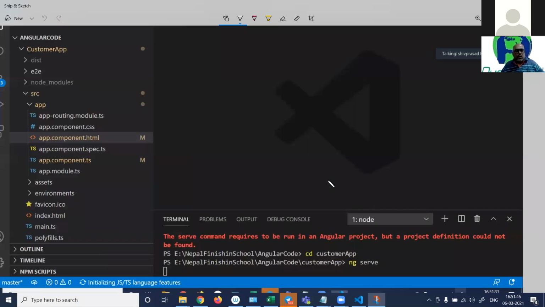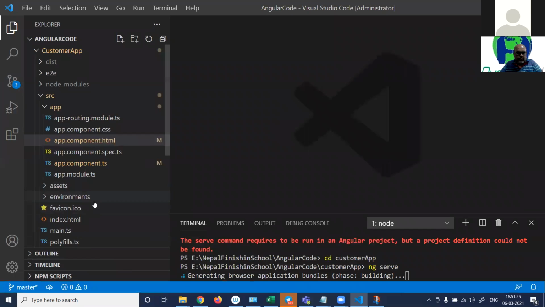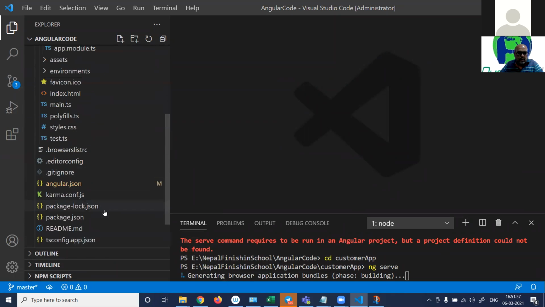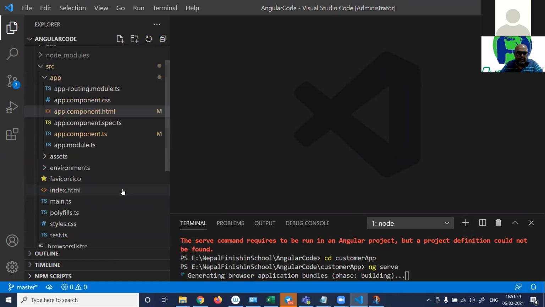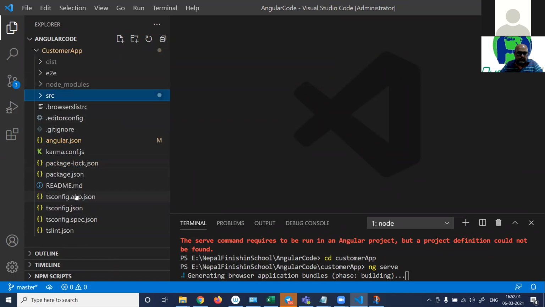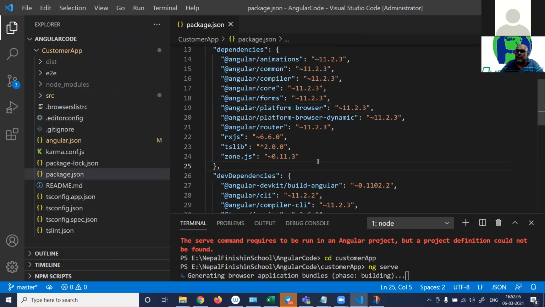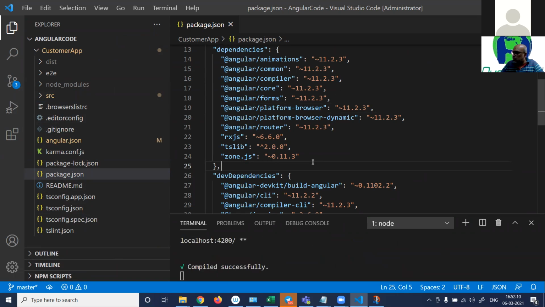Okay. So now over here, first thing, some of the files which are very much known to you guys. So one is this package.json. Remember package.json? This file has all the necessary components needed by you for the project.